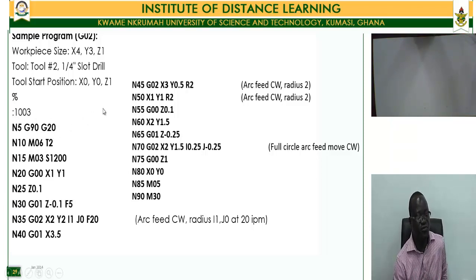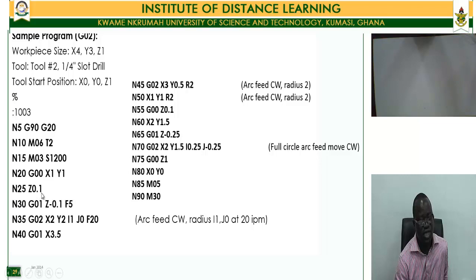Then we feed another rapid down to Z0.1. Then we give a linear feed, G01, with a feed rate of 5 inches per minute. Then we give a G02, which will do X2, Y2, and then the radius is I1,